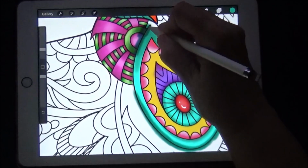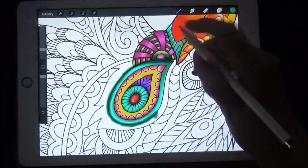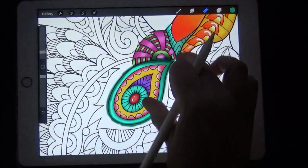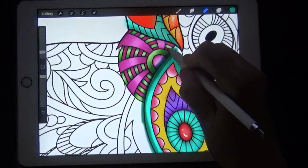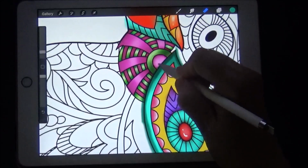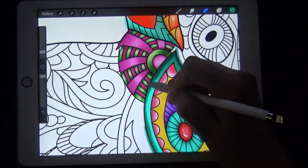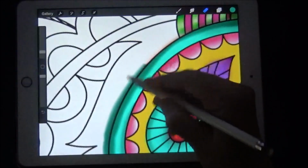I'll show you what I mean. I'm going to do something here just so you can see what I'm talking about. So let's say I just make a swoosh like this, right? Then I can take my eraser and see if over here where I was, I should be able to erase this. See, I can just come right over here and then clean it up without hurting the color underneath. So it's kind of cheating a little bit when you do the layer, because